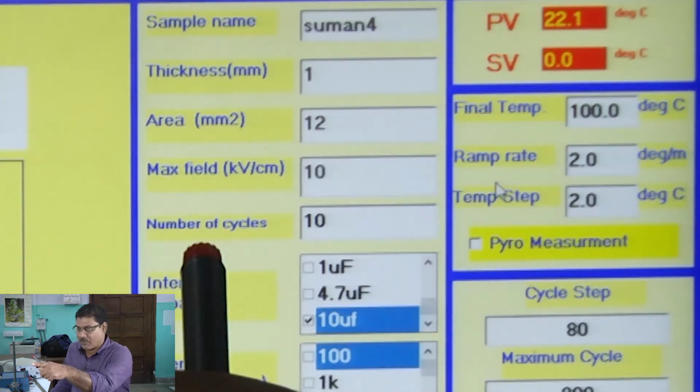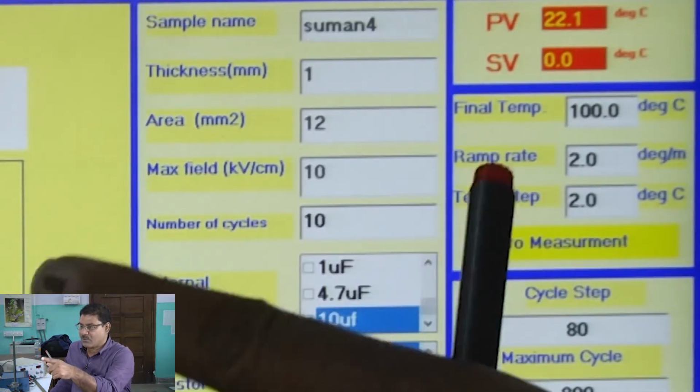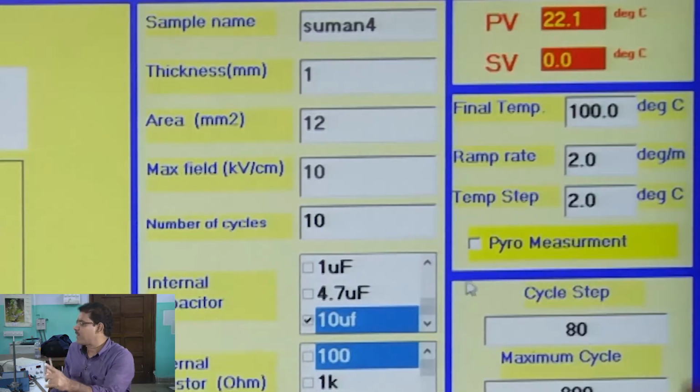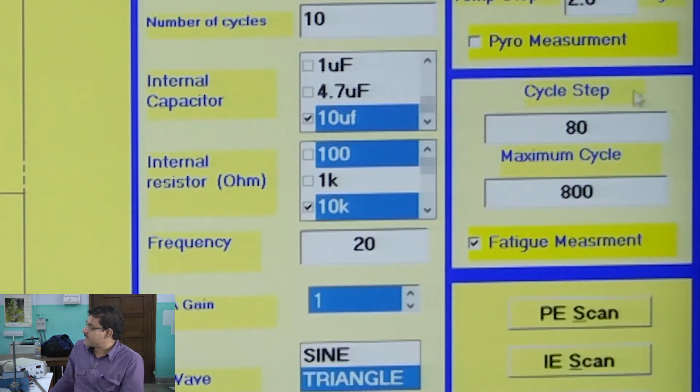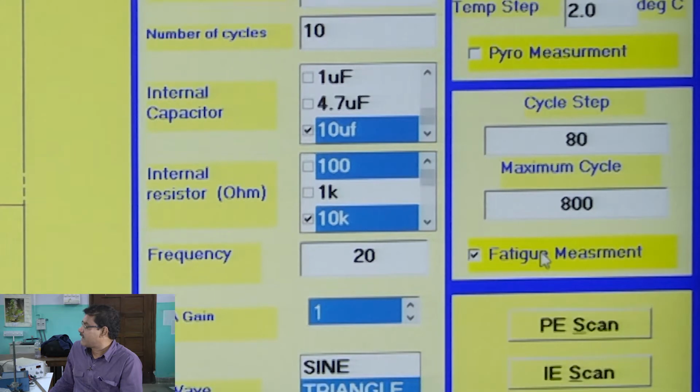As I told, we are not changing the temperature, we are doing the experiment at room temperature. This part is for variation of temperature, and this part is for the P loop. We are interested in the P loop, so we will do the experiment in this condition.